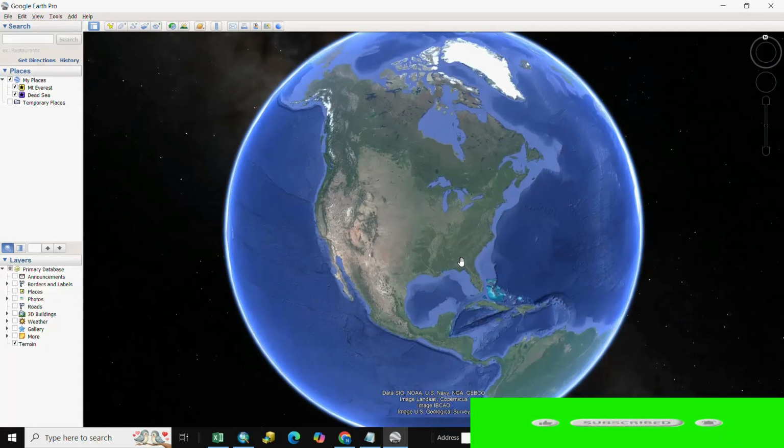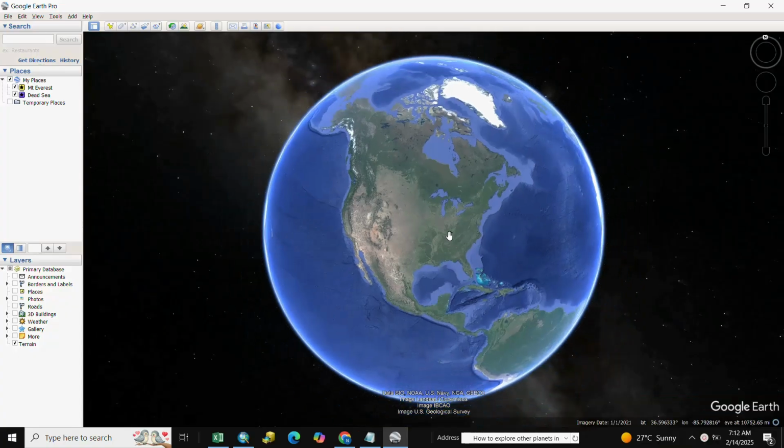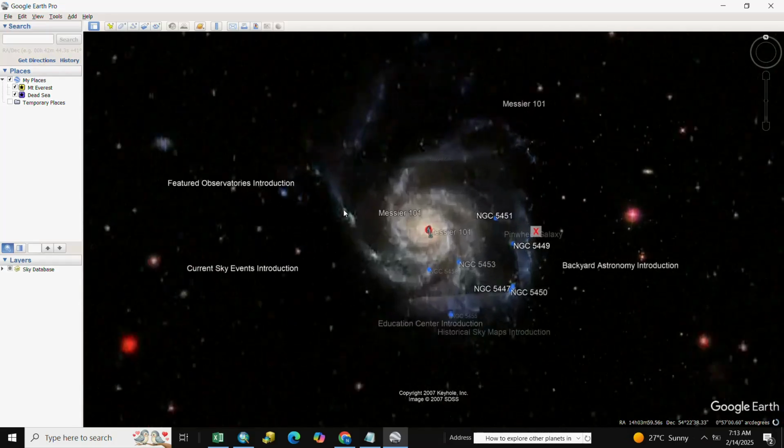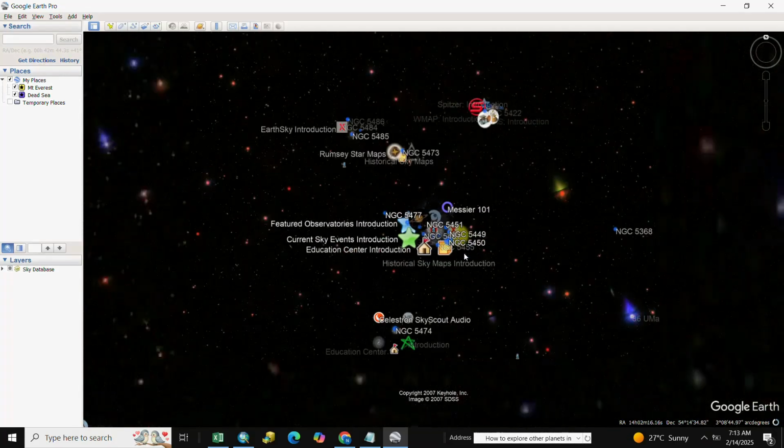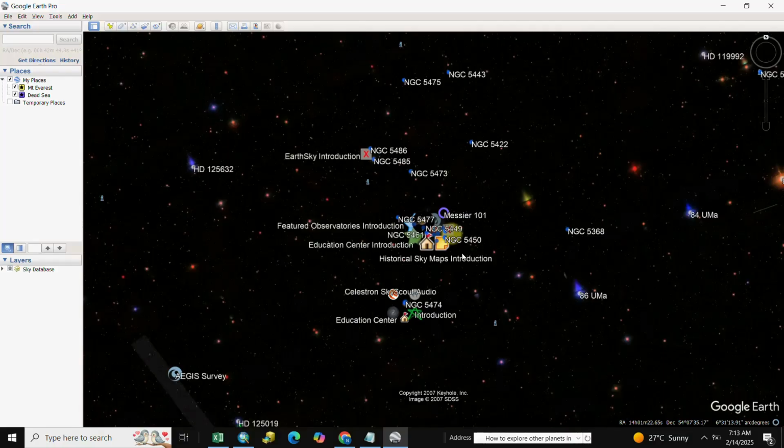Let's start. Here is our Google Earth. We go to the particular icon, just need to click planet and go to sky. Here is our sky and we go to a particular one, our solar system.